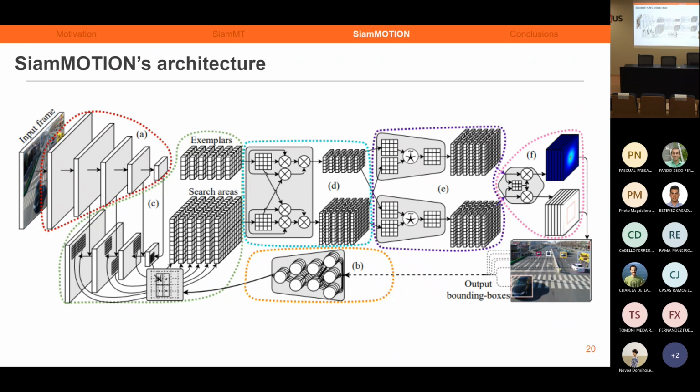We have been exploring some alternatives in order to increase the memory our system has of the object, in order to update said exemplar information, but so far we haven't been able to obtain good results with this update. Because on the first frame we have the ground truth of the objects and we are 100% sure that the object is in there. However, if we attempt to update the exemplar with our predictions, sometimes said predictions can be noisy and just harm the network.